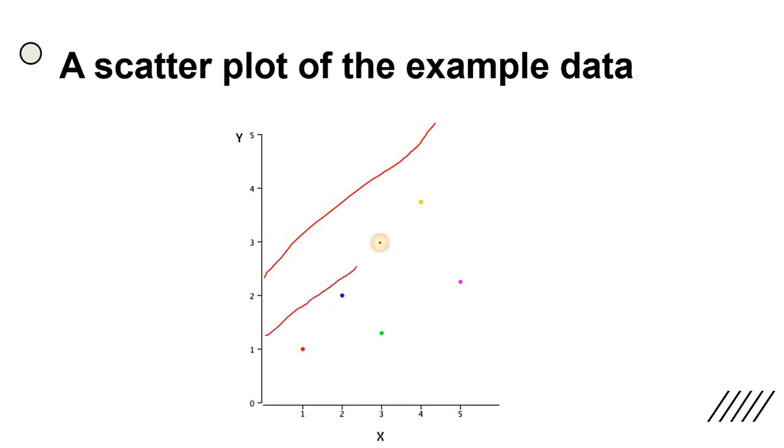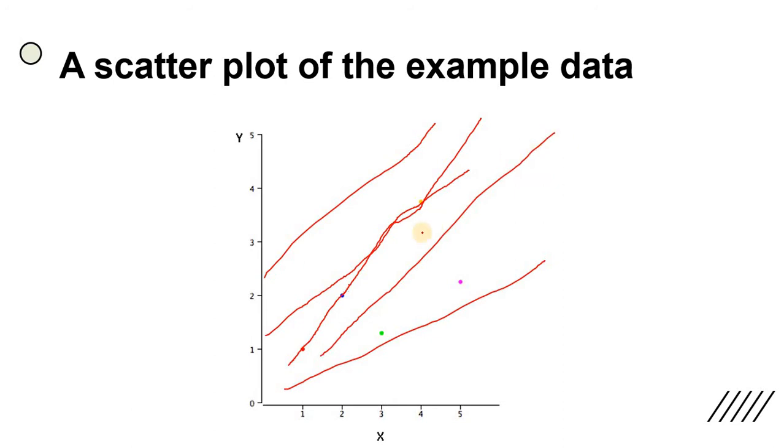Suppose I draw a line here, so only one data point is covered, but the distance from this line to this point is maximum. Suppose I draw a line here, that is also not relevant because the distance of this point to the line is maximum. Suppose I draw a line through these 3 points, but here, although 3 points are covered, the distance of this point is very far. So I draw the line here such that the distance of this and this point is equal and minimized. That is how we can draw the perfect regression line.